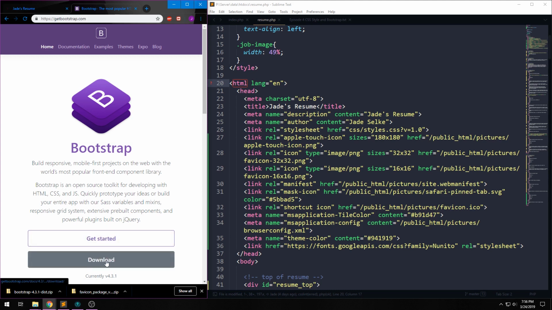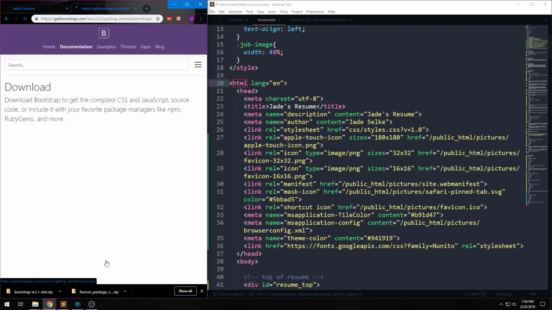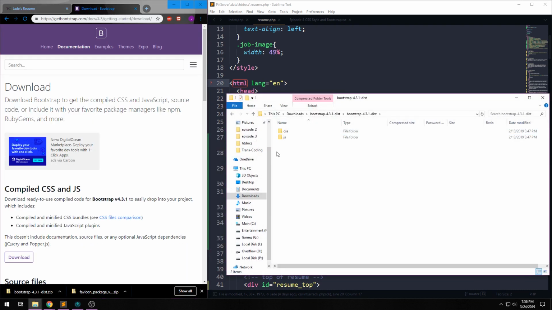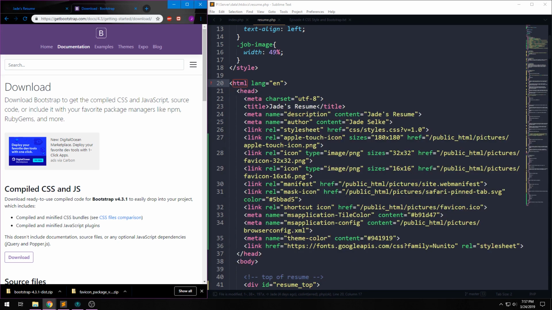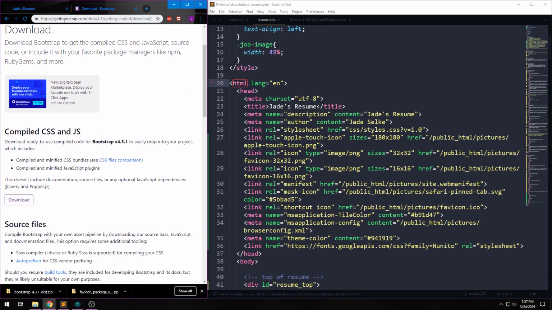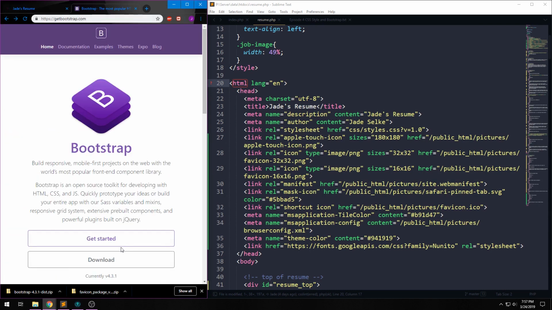Optionally, you can click the download button, and that will download a zip file. Inside of that zip file, you'll see the initial distribution, which includes the JavaScript and the CSS to run Bootstrap, and in each of those you can see each of the files required. There's no real reason to do this unless you're going to modify Bootstrap on your own and make it your own tool. For our purposes, that's really not necessary, and so we're going to follow along instead with the Get